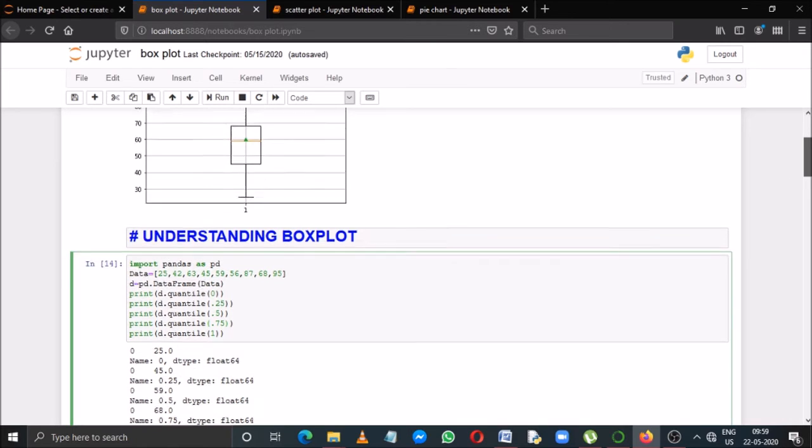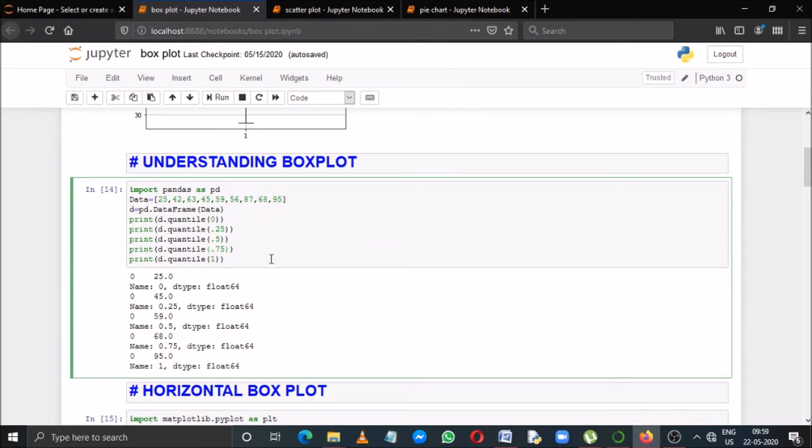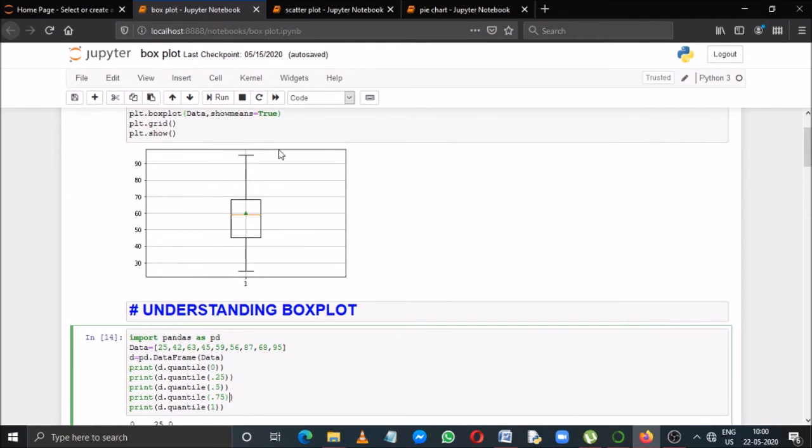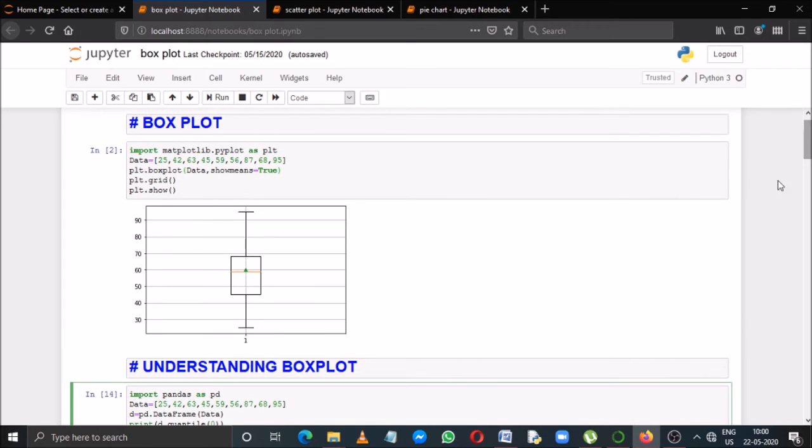And the last one is the maximum point, that is quantile 1. The value is 95. Check in the graph. This is the point 95. That means, suppose we have a data set consisting of some points.